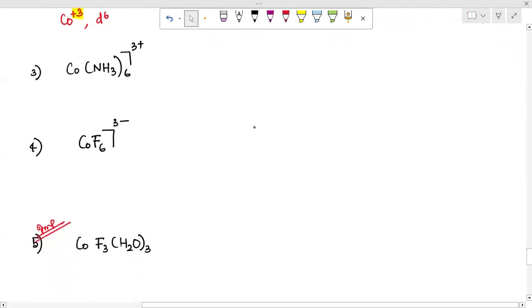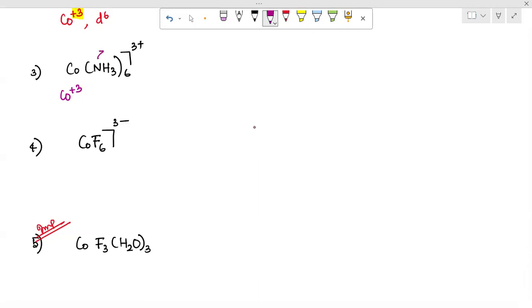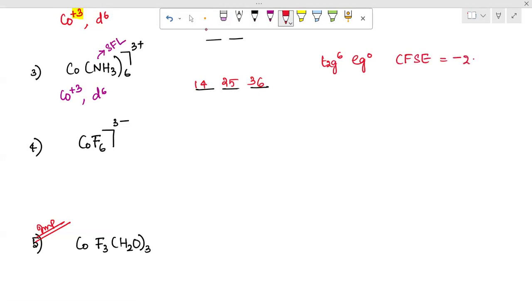Next, be careful. Cobalt 3 plus again. With cobalt 3 plus, most of the ligands would act as a strong field ligand except a few. Cobalt 3 plus is d6. This is something that we have just done now. So the splitting will be huge. As a result, 1, 2, 3, the fourth electron cannot jump, will pair up at the bottom, and your configuration would be t2g6 eg0. CFSE is 6 times minus 0.4, minus 2.4 delta O. Okay,